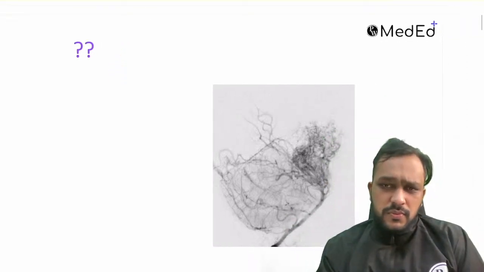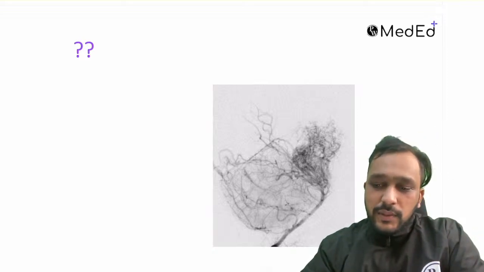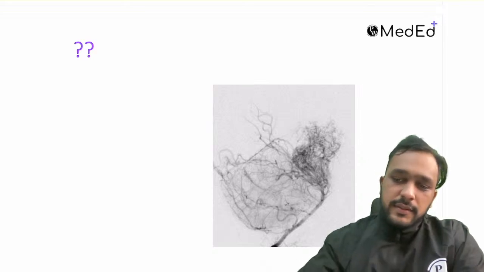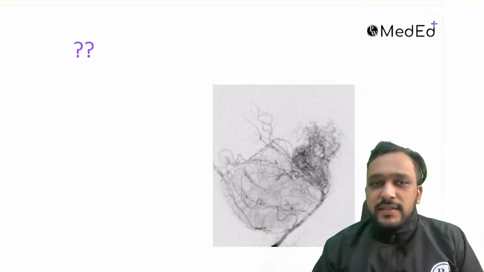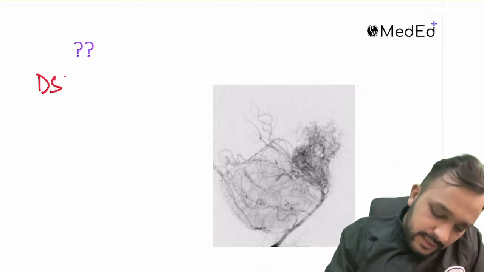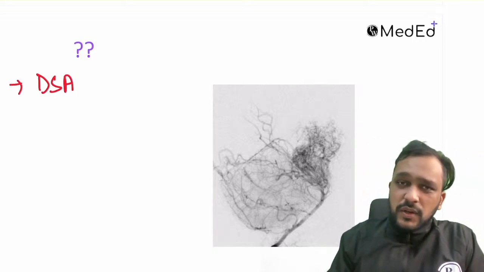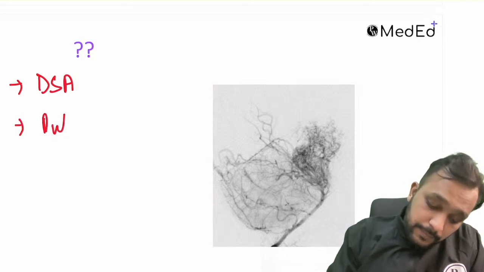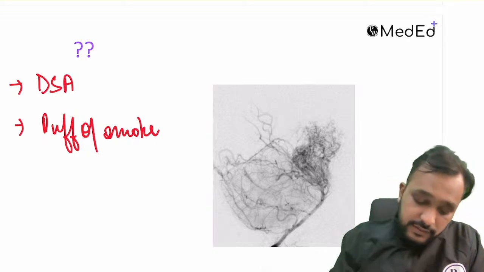So what is this investigation that is being shown to us? Would anyone like to answer? Anyone, guys? What is the investigation that is being shown to us in this image? So guys, this is a digital subtraction angiography image, right? And what is the appearance of this image? This is the puff of smoke appearance, and this is seen in a patient with